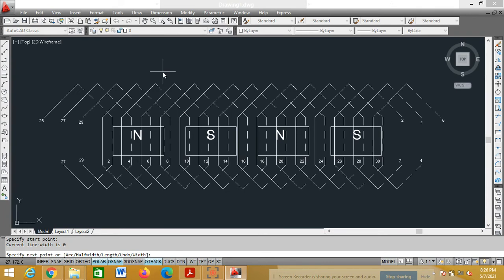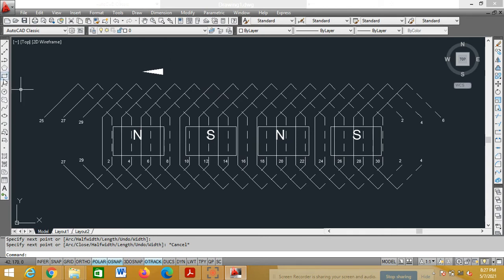You select half width. H, enter. Starting width, you can give 0.3. Enter. Ending width 0. Enter. Let's drag this like this and click here. Press the escape button. Understood?